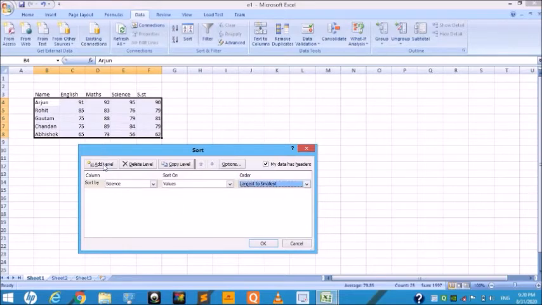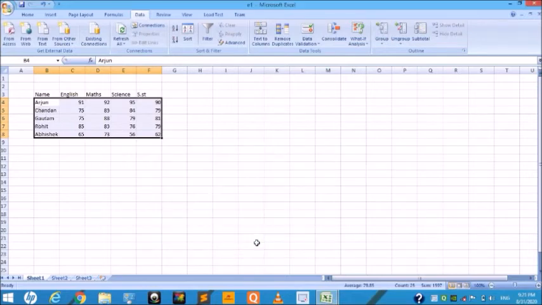If you want to add a new level, in this way you can add a new level. If you want to delete a level, in this way you can delete the level. So the whole sorting process is complete. Then click the OK button, and the data records will be rearranged on the selected field values in the worksheet. So in this way the data will be sorted from largest to smallest.